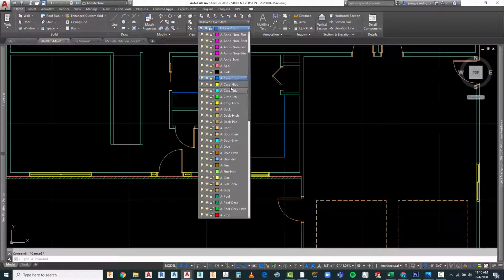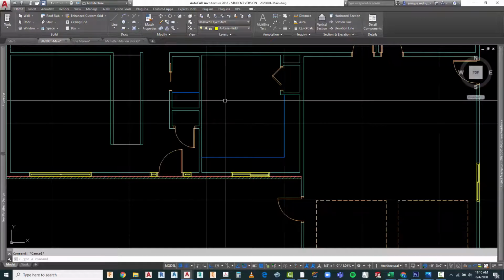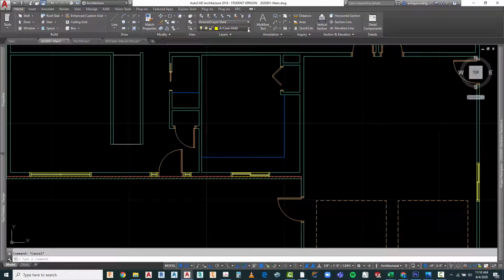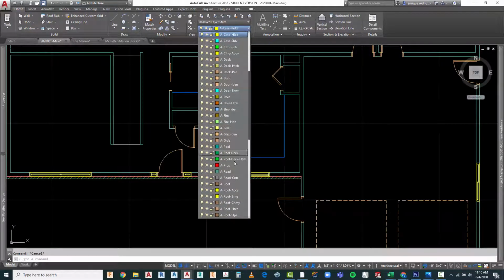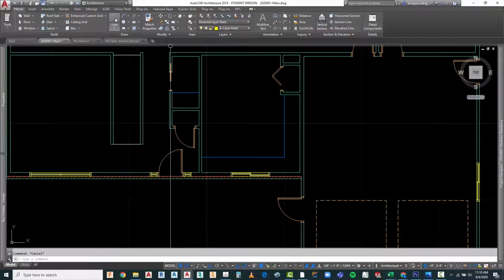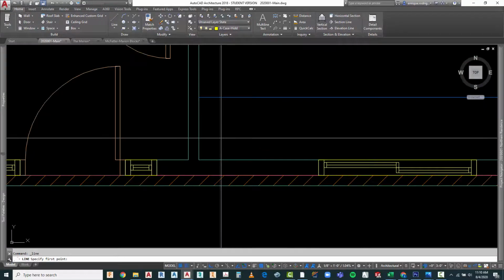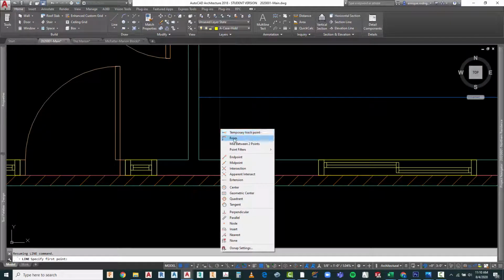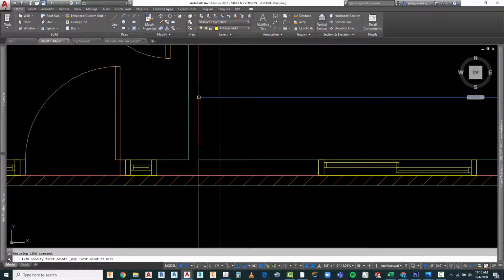So I'm going to go back to A-case hidden. Now that could represent upper also, the cabinets, but I think that's how we set this so that we could use it for both the upper and anything that might be underneath. So I'm going to go ahead and do a line from this case. I'm going to do mid between 2 points